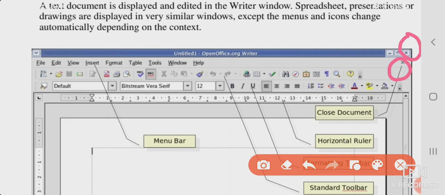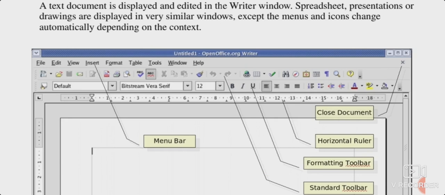This cross mark will close the document. It means the document which is open just now will close. But if you click this cross mark, openoffice.org Writer will get closed. So children, now you can understand the meaning of these two cross marks: close document and close word processor.